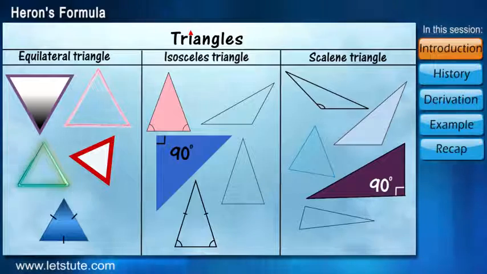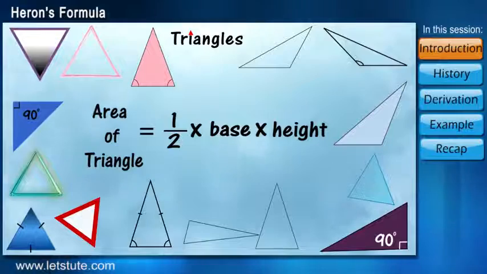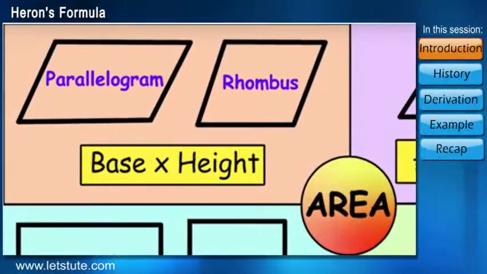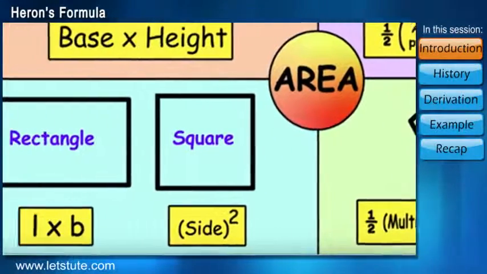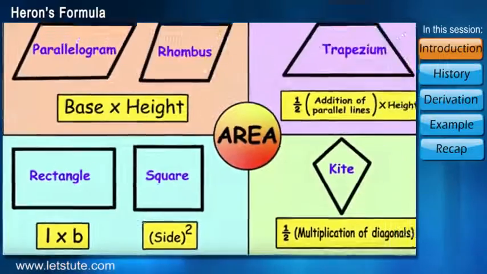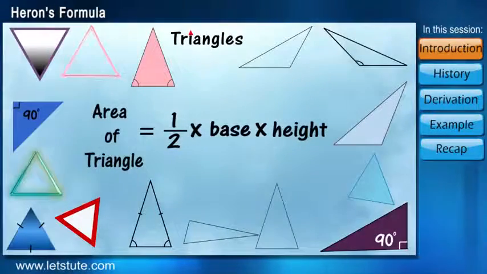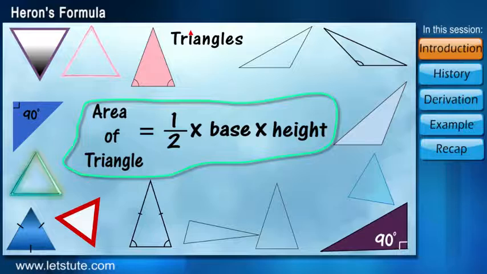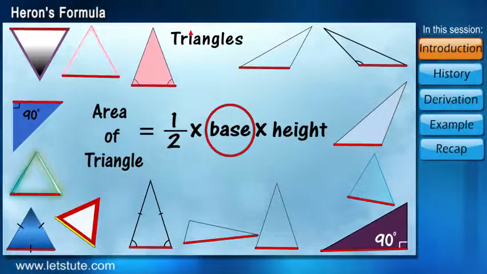For all these types of triangles, we have only one formula to calculate its area. Whereas, we have learnt that all different types of quadrilateral have different formulas for their areas. Isn't this a little unfair for triangles? Till now, we have been studying that the area of triangles is calculated using the formula half multiplied by base